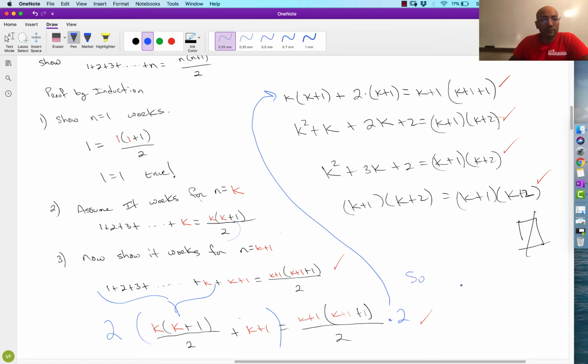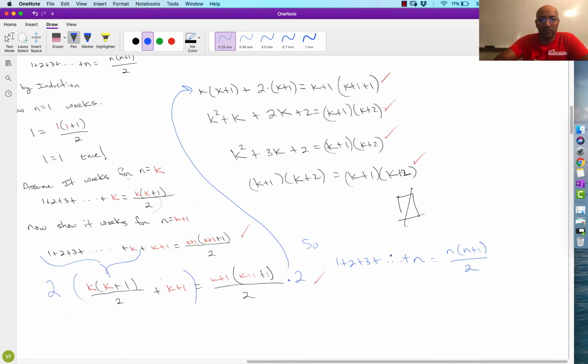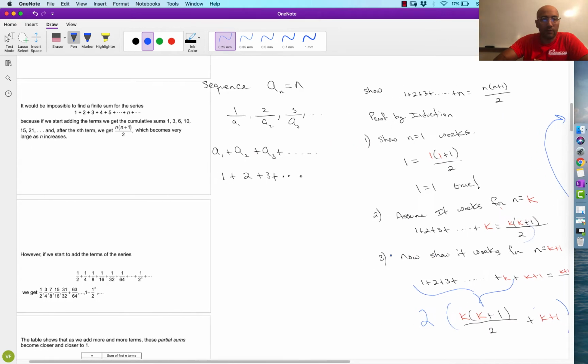So by the induction process, we can conclude that 1 plus 2 plus 3 plus ... out to n must be equal to n times n plus 1 over 2. Okay, that was just a little side detour. So we've established that that's true. Now going back to here,